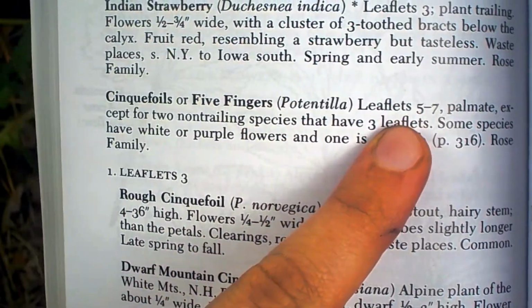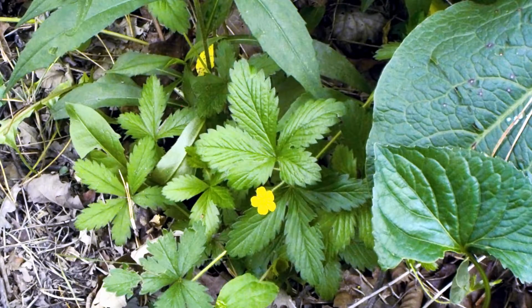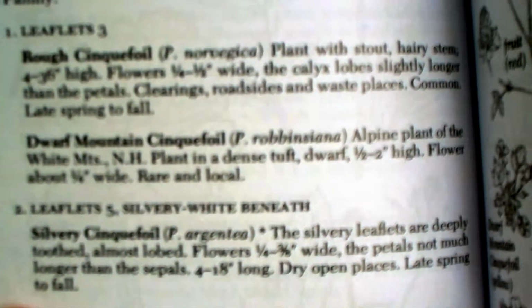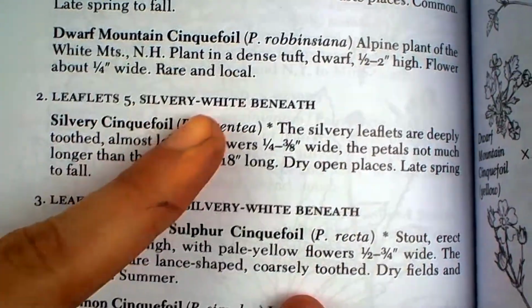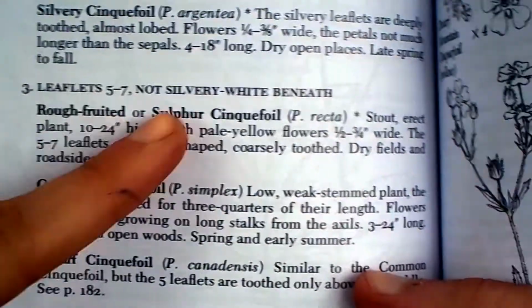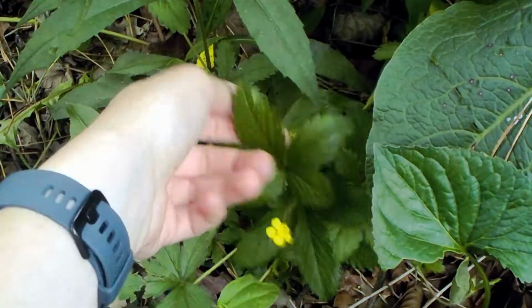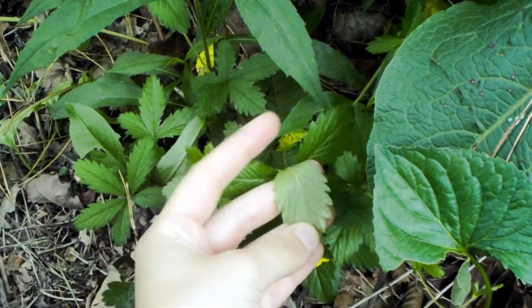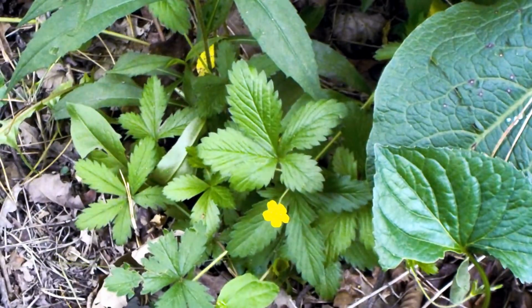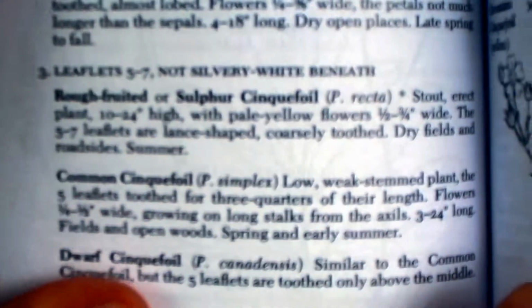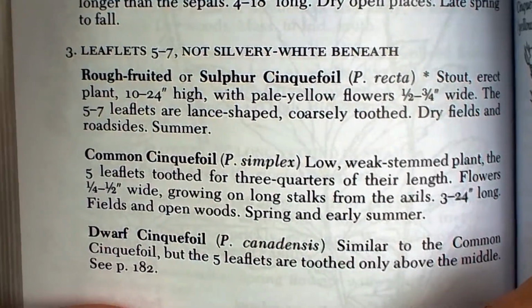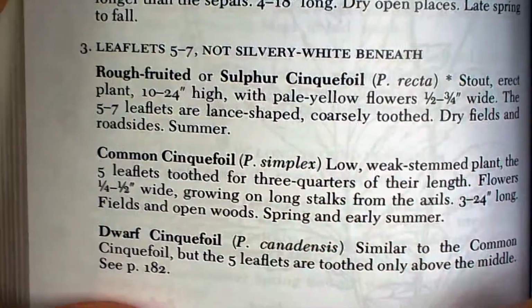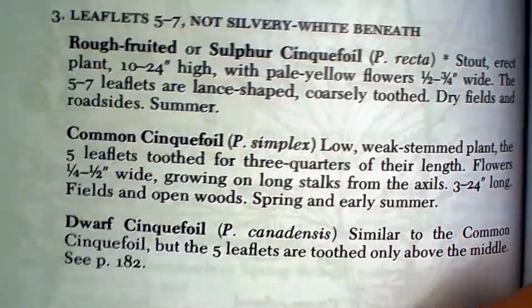It does have 5 leaflets, and they're palmate. Okay, so now we need to determine if we have 3 leaflets, 5 leaflets silvery white underneath them, or 5 to 7 leaflets that are not silvery white beneath. So we're going to go ahead and look at the underside of the leaflet, and it looks pretty green to me. It is not silvery white, and we definitely have 5 leaflets. So we're going to go to this section down here that says leaflets 5 to 7, not silvery white beneath. So now you're going to read each section of each possible species and decide